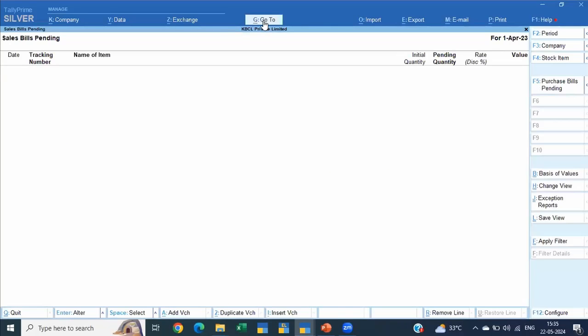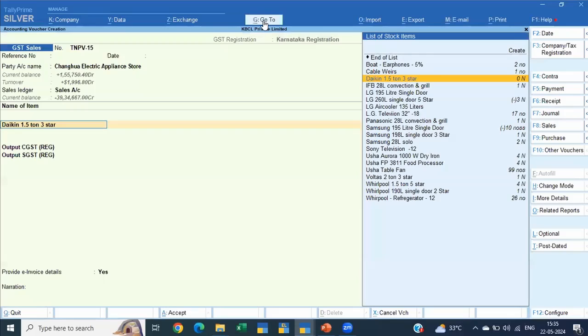Somebody here is asking, will canceling the tracking number affect the audit trail? Yes, it will. Any changes to your transaction will show in the audit trail. However, if you have a reasonable explanation, I don't think there should be any problem.